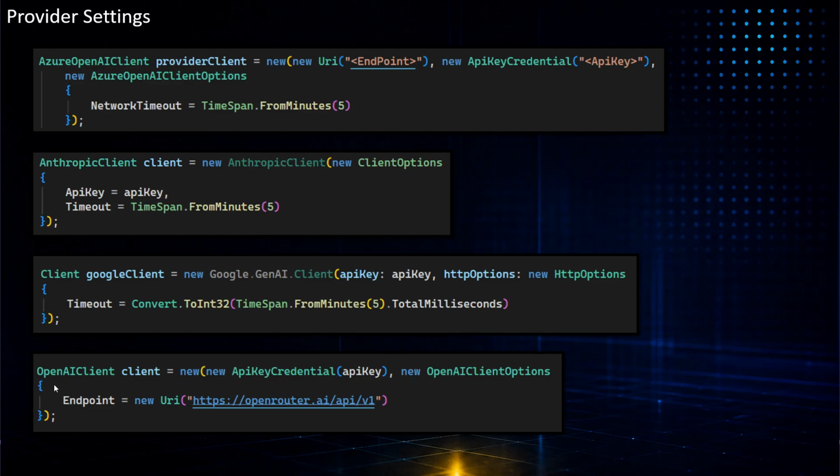Often you will also see that providers that are not the big frontier labs like Anthropic and OpenAI use the OpenAI client and then give the endpoint, for example, here to OpenRouter, but it could also be xAI and so on and so forth. So every single one of these options inside the providers has additional things, but it's mostly about retries, networks, endpoints, and such.